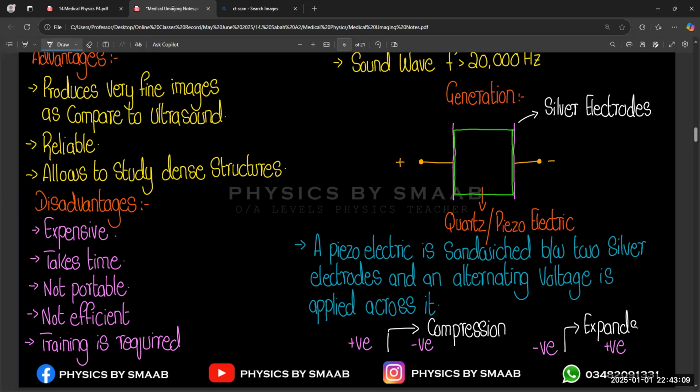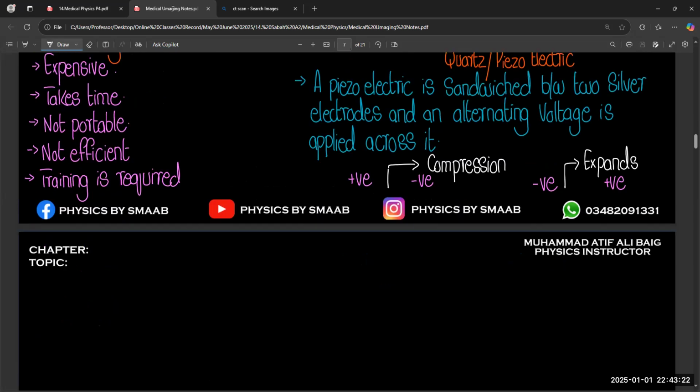So this is the reason we are using alternating voltage. Otherwise, we could use a DC voltage also if we only required positive and negative charge, right? Okay. And the second point,